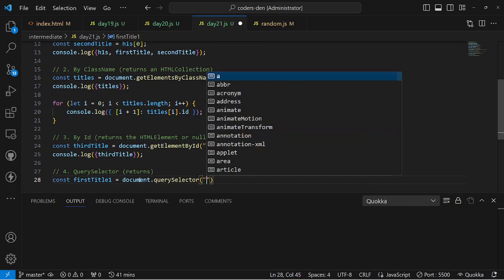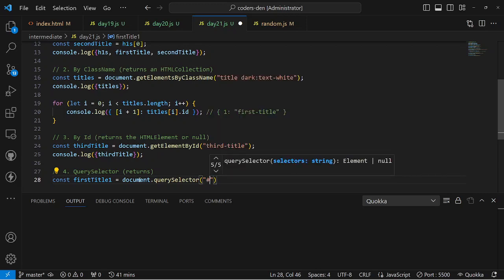Now querySelector does take a string, but this is where it gets interesting. You can put any combination of whatever you want, just like you would do in CSS, only without using parents to try to reach it. So something like, if you want to put an ID, you say ID first title, because that's the ID of the element we want. And you can mix it up by adding things like, say,